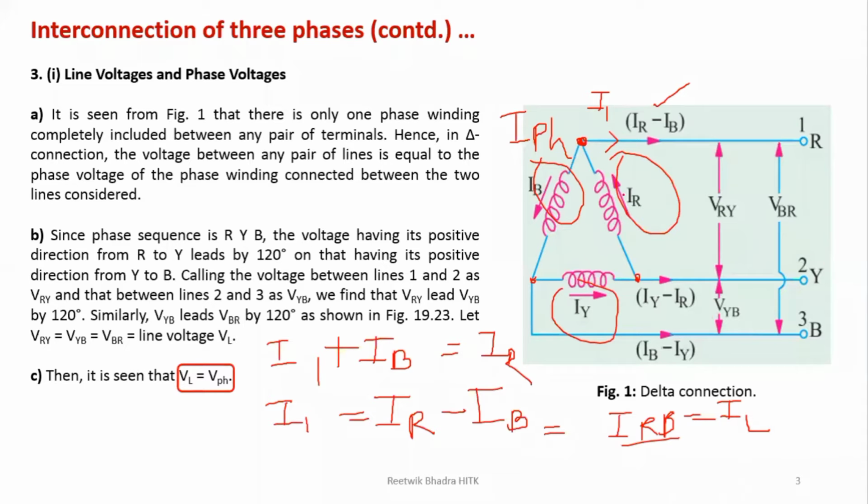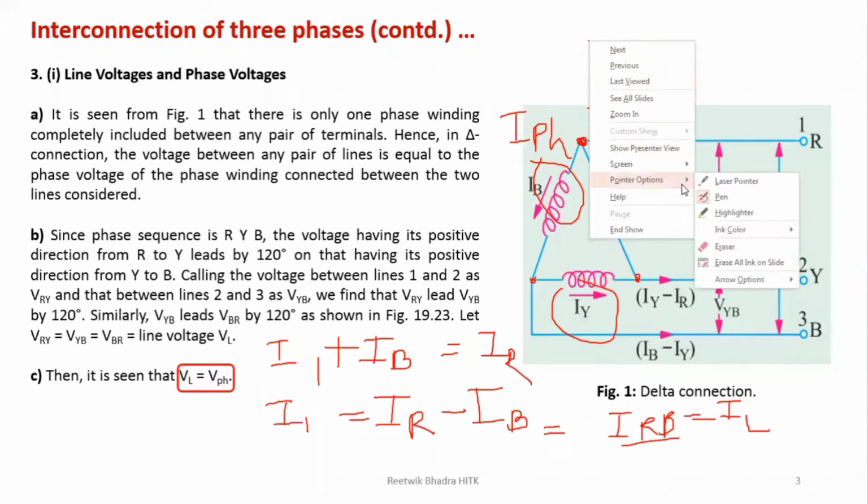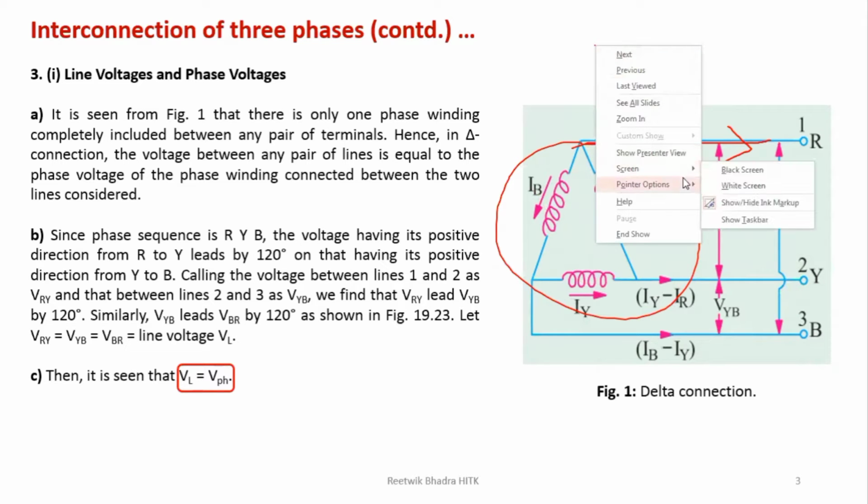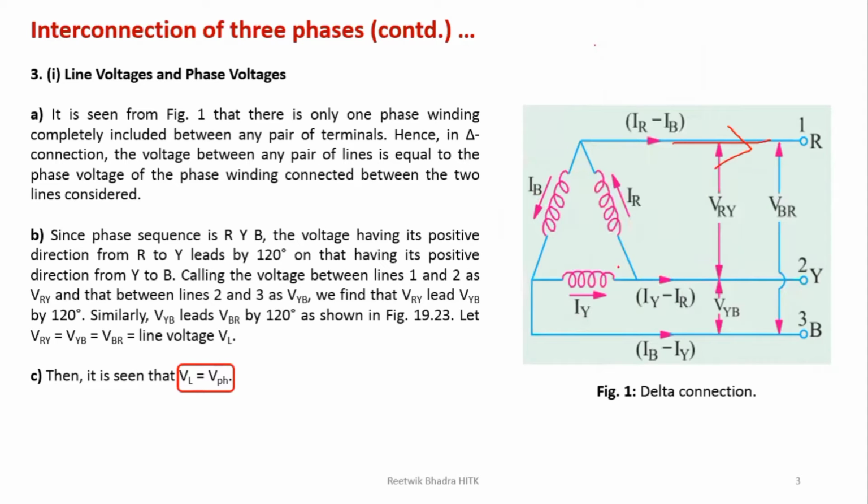So you have your line current also flowing in the lines, and also you have phase current which are flowing in the windings. In this winding, which current flows? Phase current. At the output, which current we get? Line current. So there will be some relation between output and input currents over here. Now you can apply KCL and find out the other things over here also.